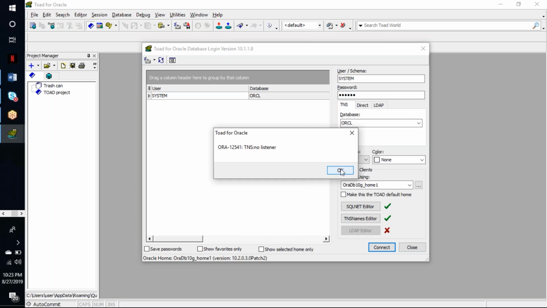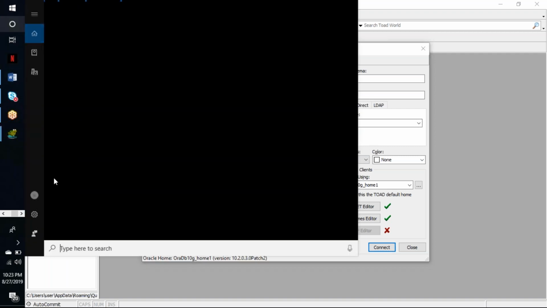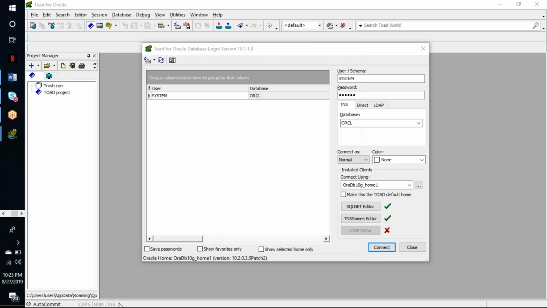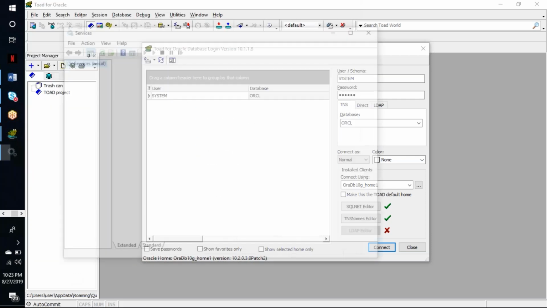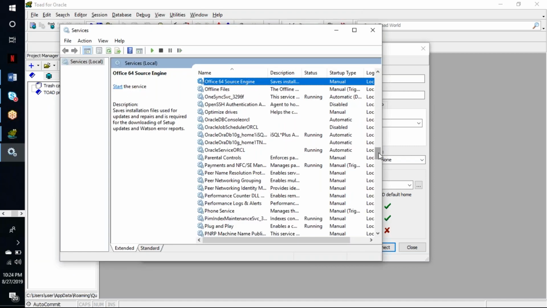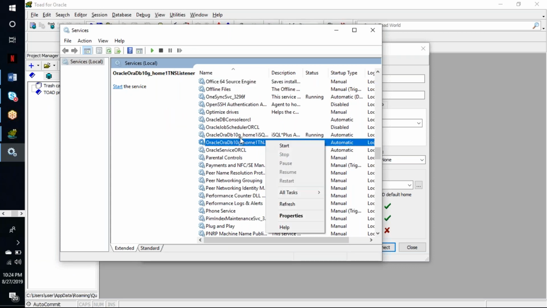TNS no listener. Yeah. You go to the database, services. For Oracle, the TNS service should start automatically. We don't need to start it every time. It's not running. Yeah, start it.